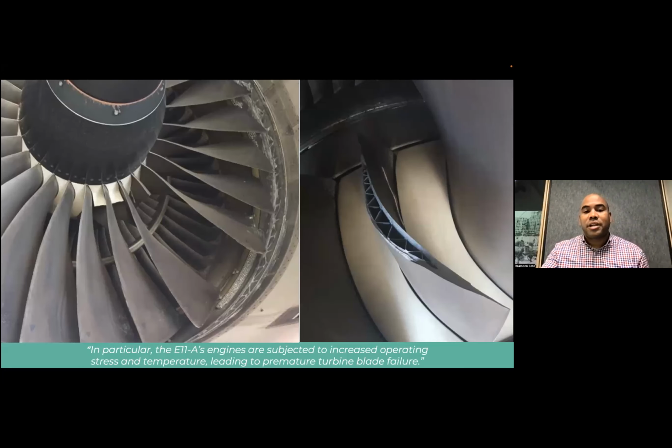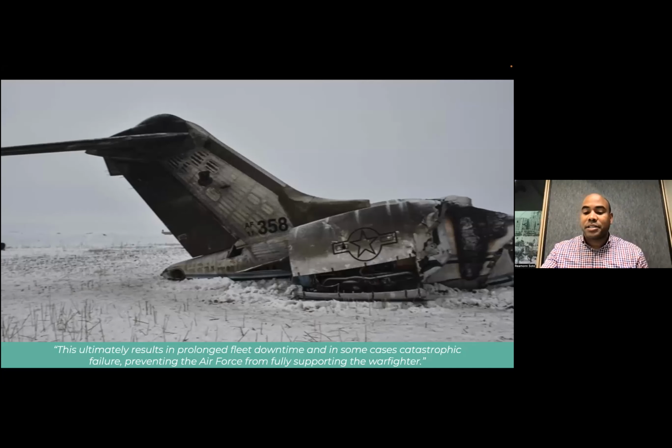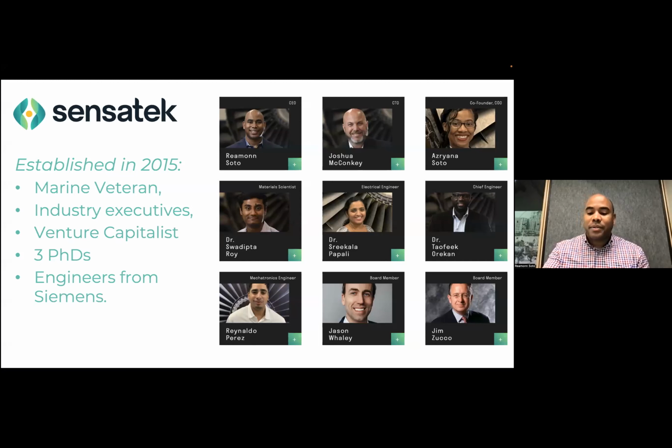And so this subjects a lot of the parts to increased stress and temperature and creates a vulnerability in fleet readiness by exposing the engines to premature blade failure, and in some cases, catastrophic failure. And the enemy sees grounded planes as a vulnerability. To fill this gap, Sensotec has deployed a team of engineers, veterans, scientists, and executives to help warfighters gain an